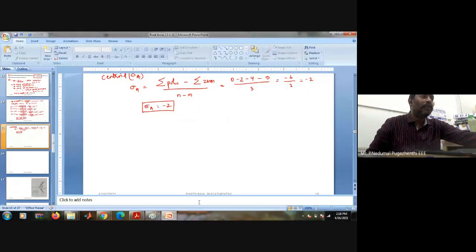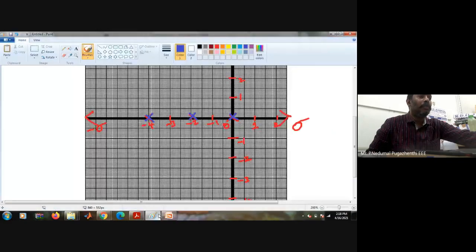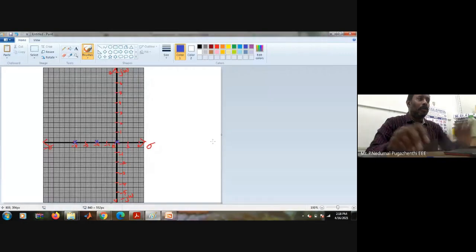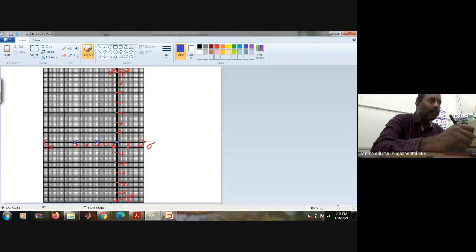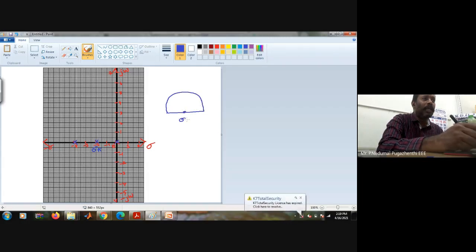Let me go to the graph sheet. So it is available here. My centroid is already available there. Okay, so this is my sigma A, this is my centroid. Keeping the protractor here, let us assume that your procircle is kept at the midpoint, with 0 degree on the sigma side. This center point should be sigma A.